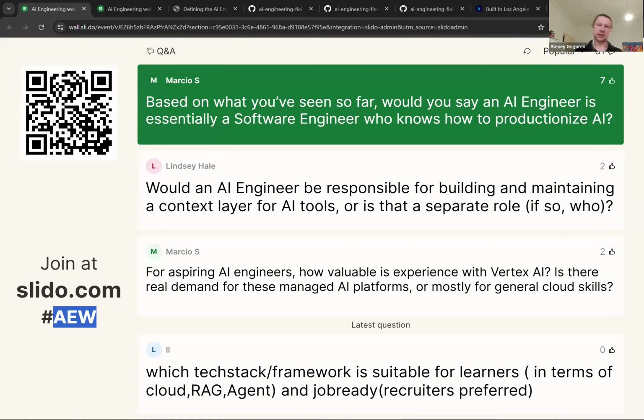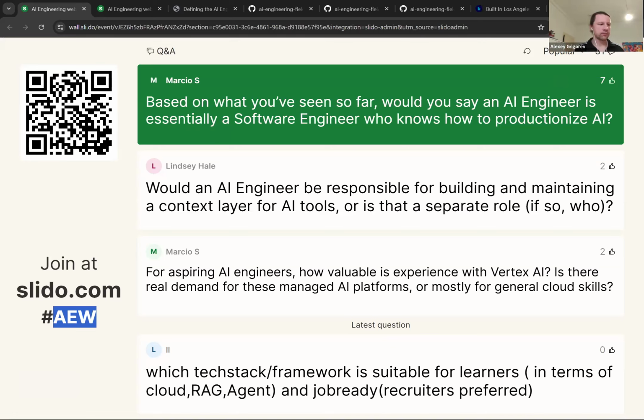So yes, I think that's true, which is good news for software engineers. If you're already a software engineer, becoming an AI engineer is not that difficult, right? You would need to spend maybe 3-4 months learning these core AI skills that I mentioned, like RAG, agents, evaluation. And then you just focus on these skills, you work on projects, and that's it, right?